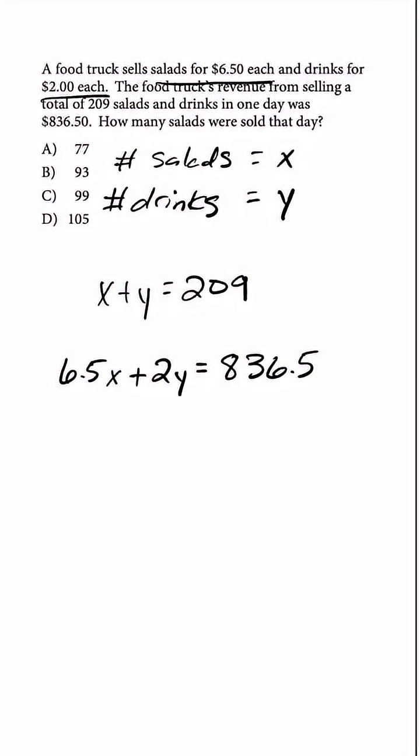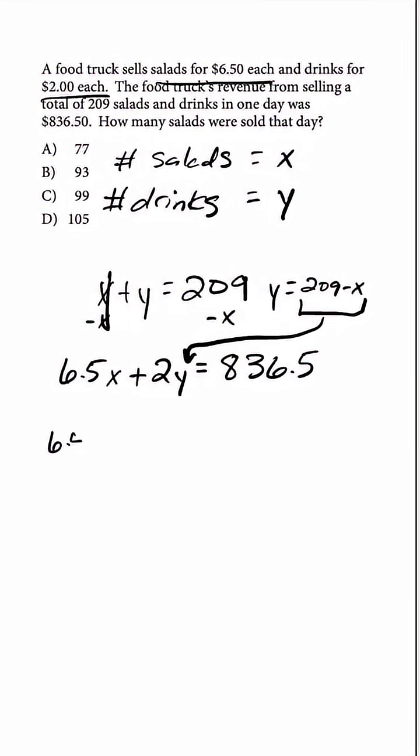So now the best way to solve this system of equations is to use substitution, and I'm going to do that by changing this first equation. So I'm going to subtract x from both sides, and that'll leave me with y is equal to 209 minus x. So now that we know what y is equal to, we can take this expression and just plug it in for y in the other equation. So if we do that, we'll have 6.5x plus 2 times parentheses 209 minus x is equal to